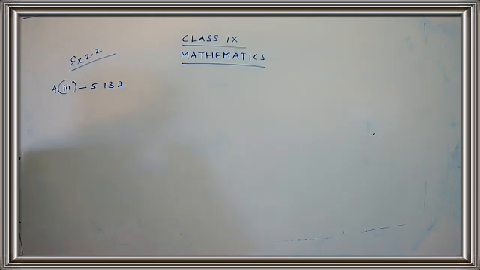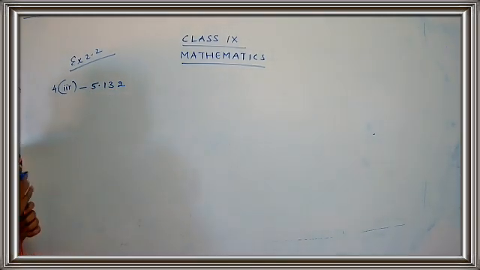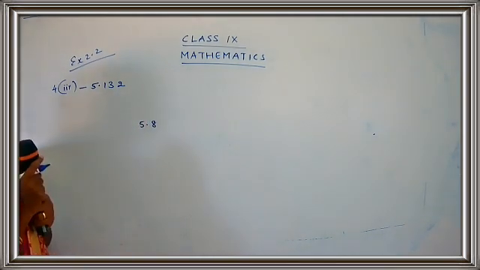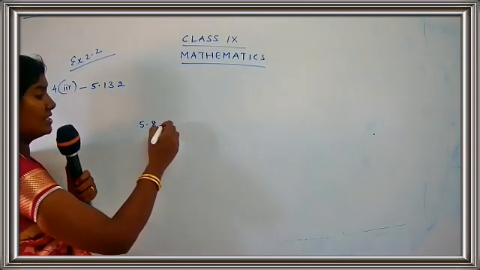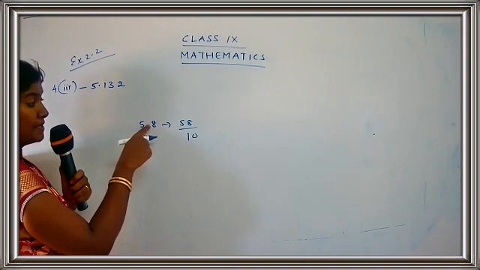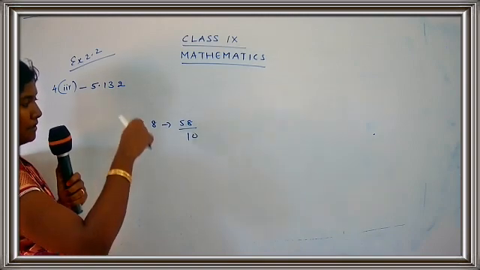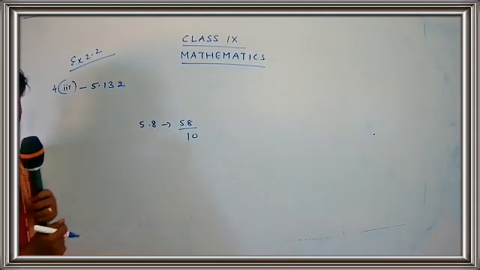Okay, let's see how to convert this decimal number in terms of a rational number. Now just see here, children, we would have done this step in our lower classes. Suppose you have a decimal number 5.8 and I just want to remove the decimal point from this. What do I have to do? We have to just divide this by 10. How many numbers are present after the decimal? One number is present after the decimal. So you have to remove the decimal point and place 10 here. 5.8 will be written as 58 upon 10.